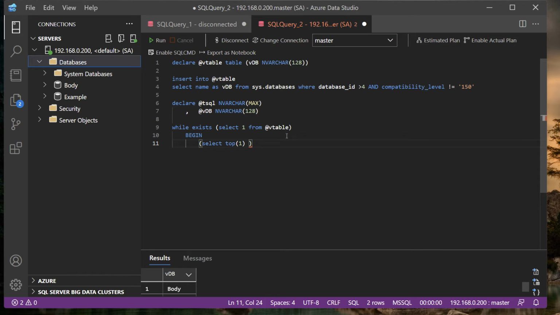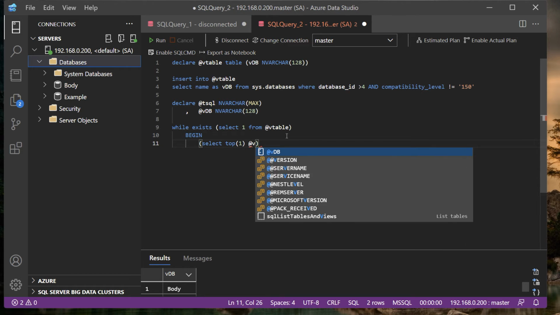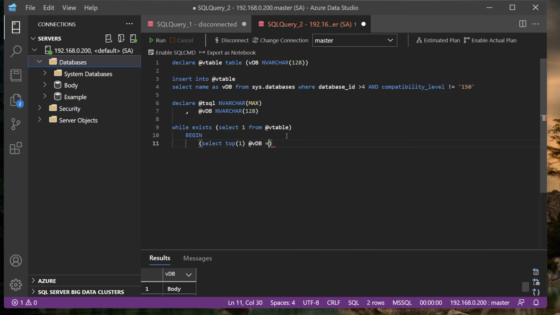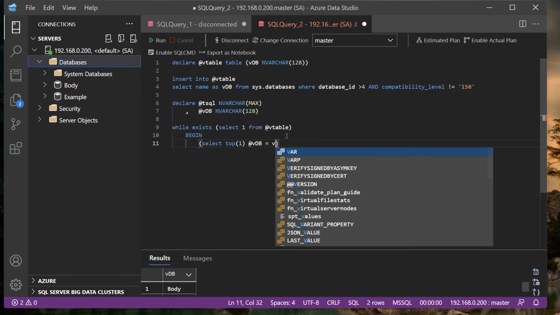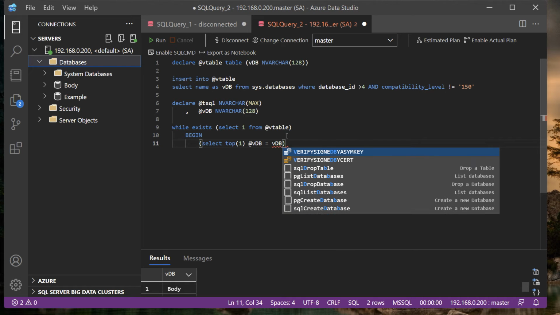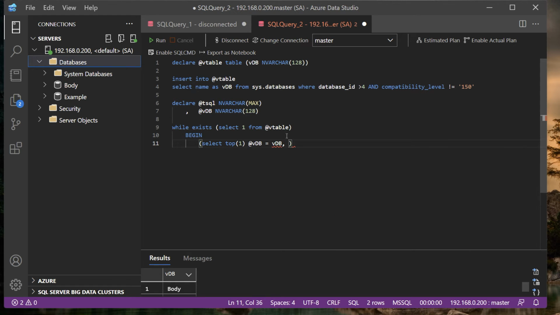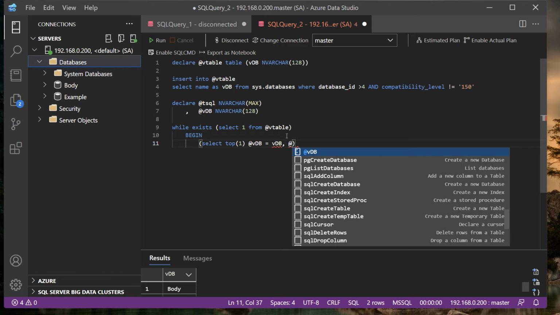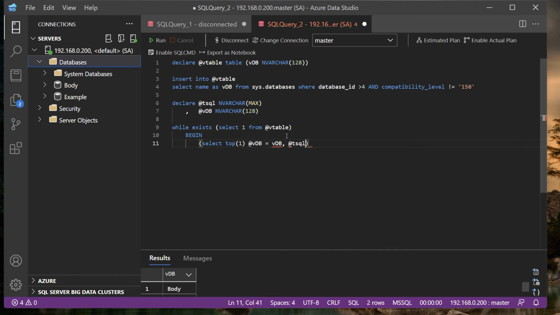So we're taking the first record while there's something that exists in that table. And we're going to do the @VDB equals VDB. So we're inserting into our VDB the VDB from the table. Our select statement, or in this case our alter statement, is going to be our T-SQL, so @T-SQL equals,